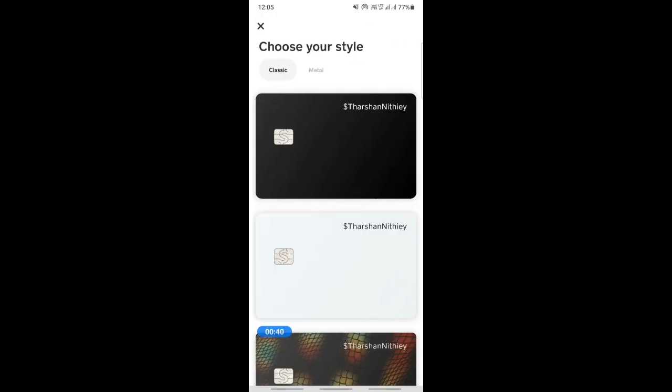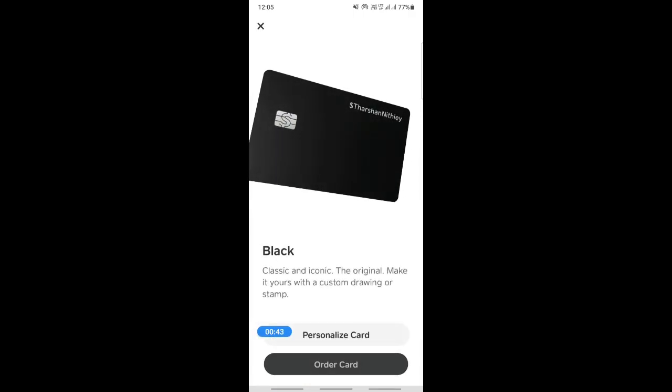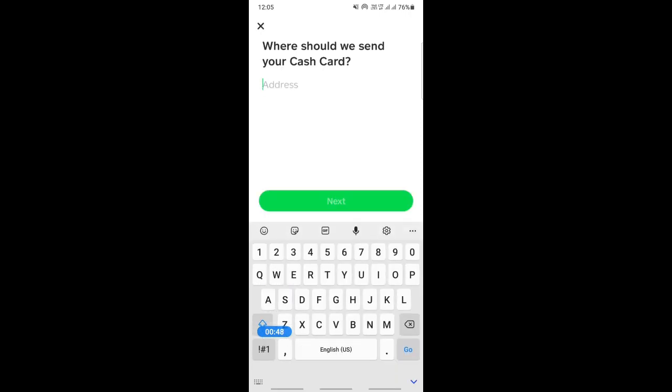Once you click on it, choose the style of the card that you wish to apply and then hit Order Card. Now you just need to provide your address details, and Cash App will send you this Cash Card. Once you have ordered this Cash Card and you have received it, all you have to do